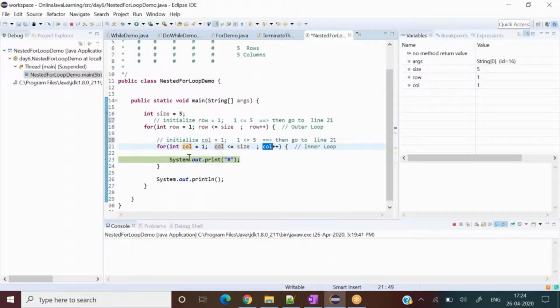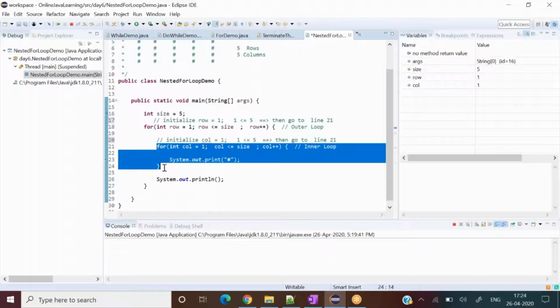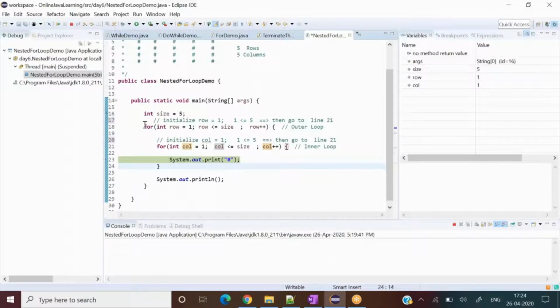Okay, so if I press F6 now, what will it do? It will print this hash, then jump over here and increment the column value first, because it has to deal entirely with this inner for loop itself. It does not know about the outer for loop until it finishes here, with respect to the diagram we plotted.